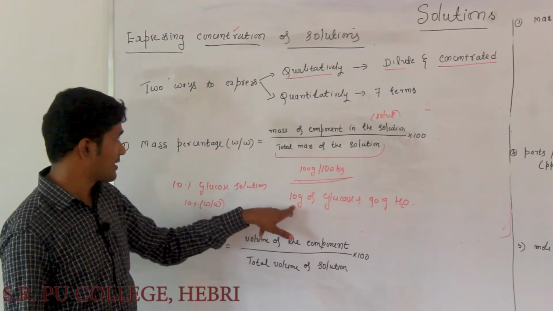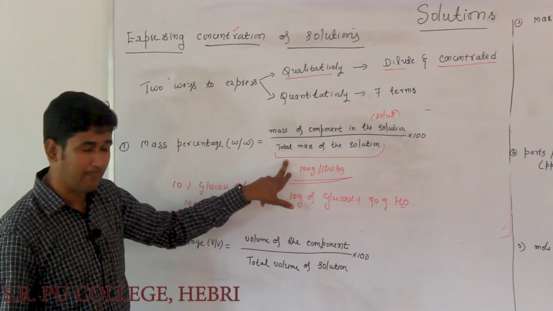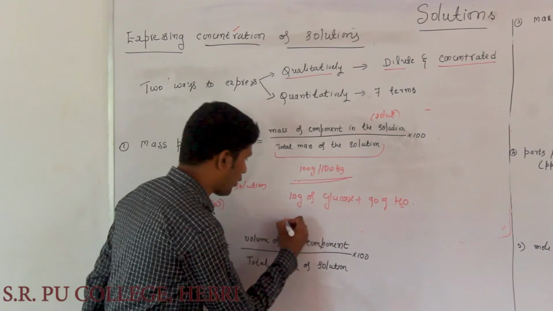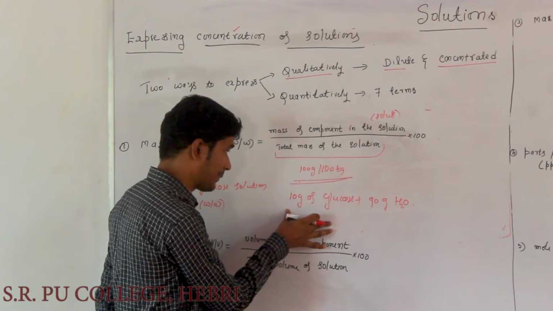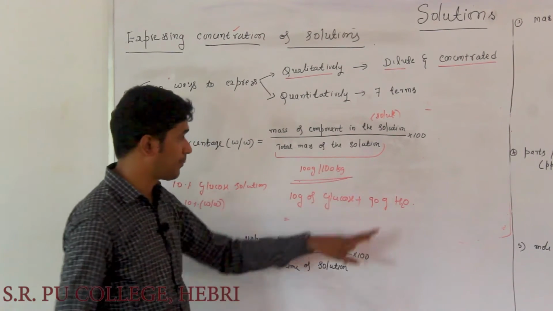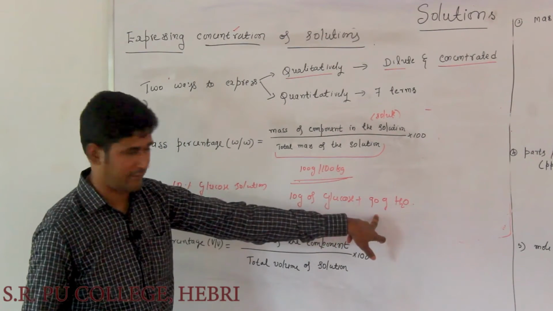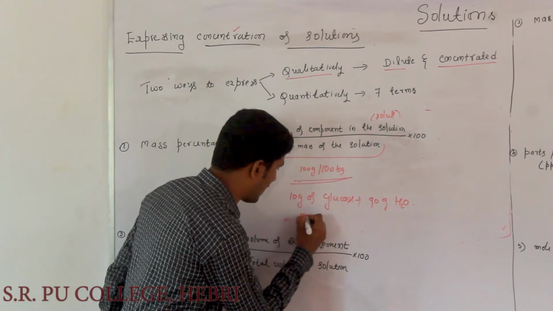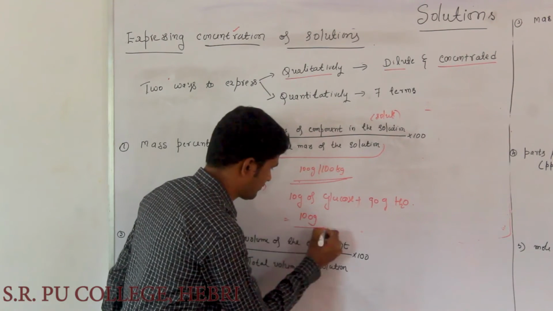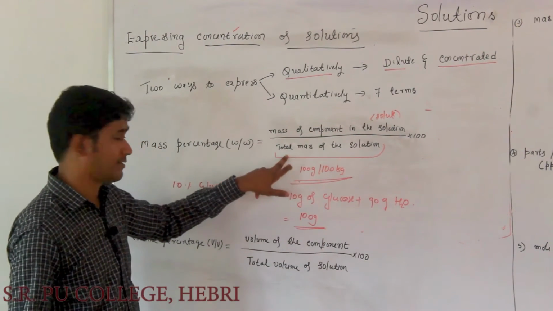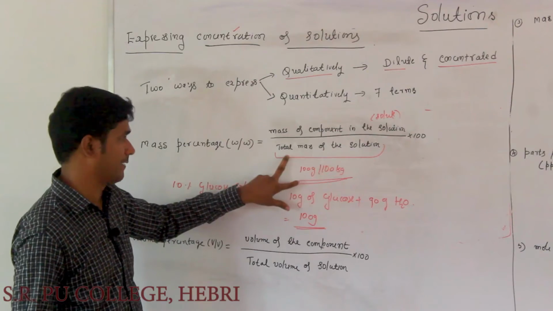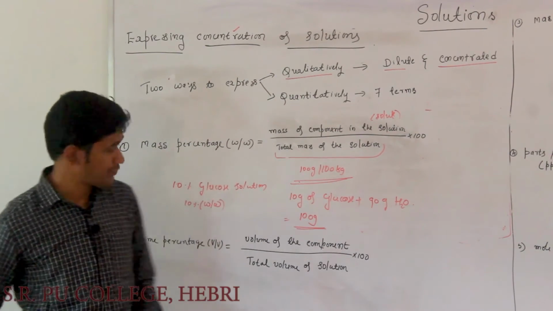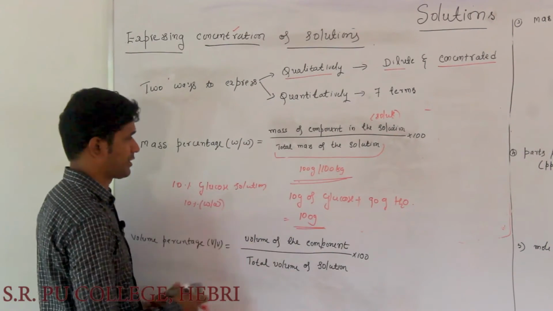So now, what is the mass of the solution? Total mass of the solution is nothing but mass of the solute plus mass of solvent, and it is equal to 100 gram. So always we have to fix the denominator as 100 only. Now, if you substitute these things in this equation,